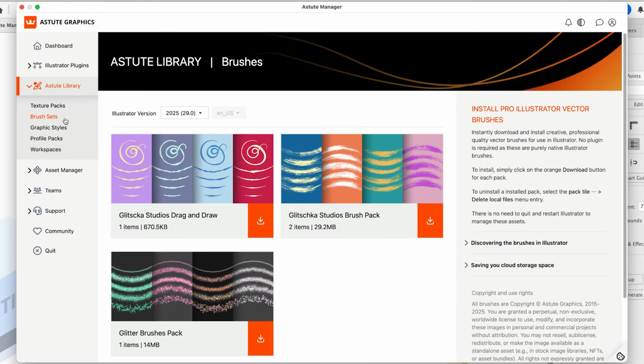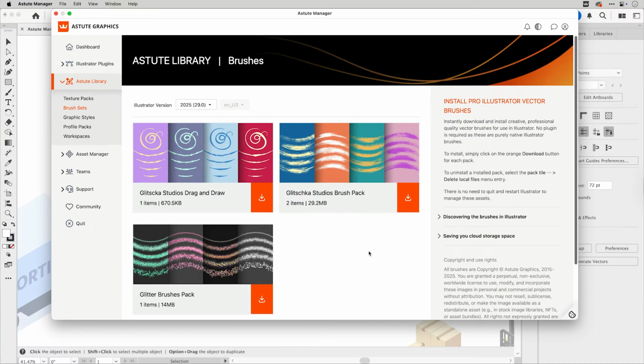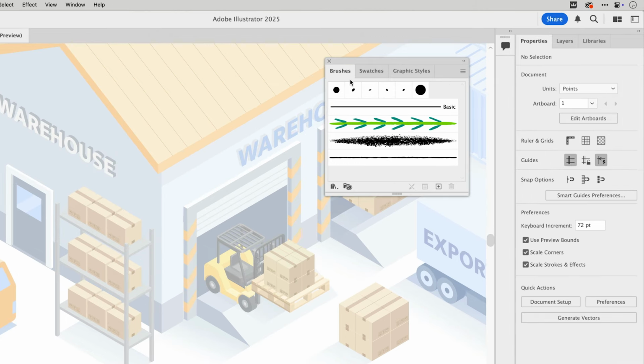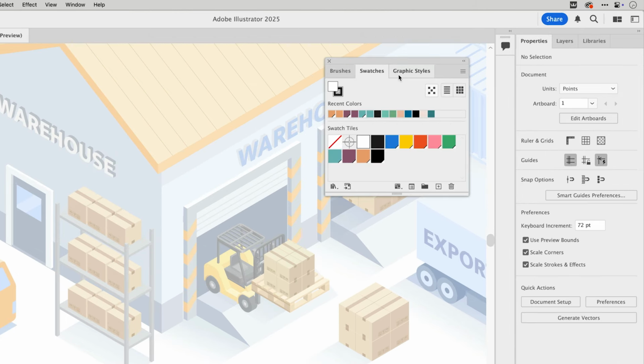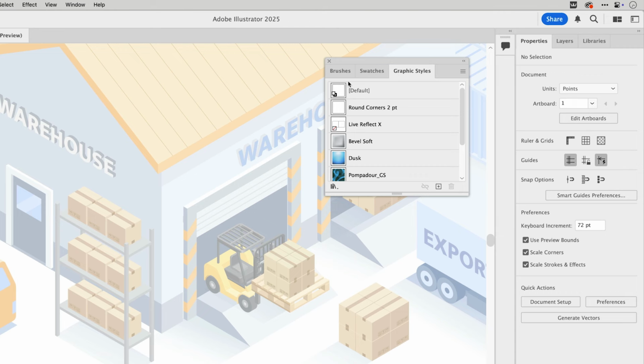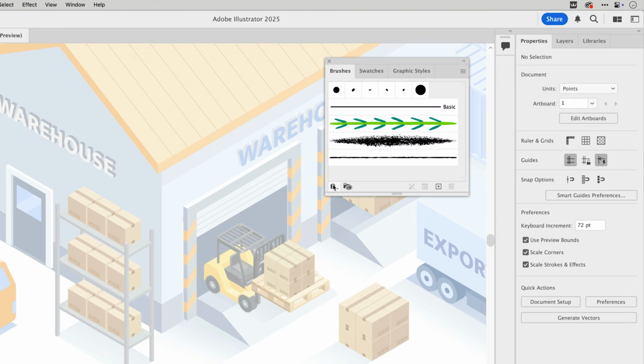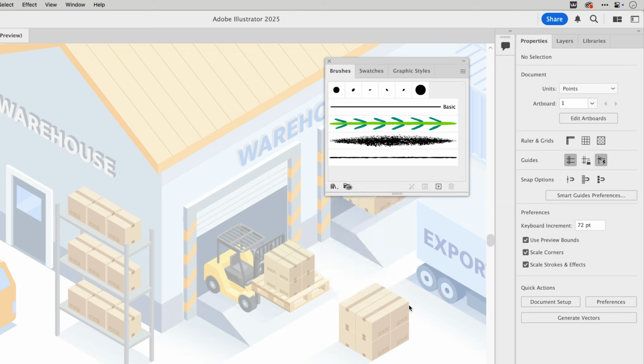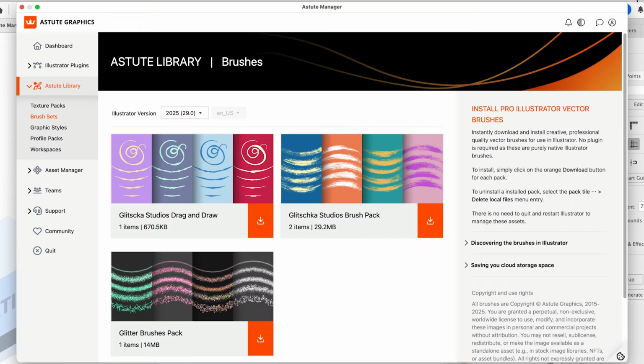Now let's go back to the brush sets, which anyone can install, and I'll show you how easy it is to add these to Illustrator. I happen to have Illustrator running right now, as you can see, and for certain creative assets like brushes, swatches, and graphic styles, you can install them while Illustrator is open. And if we look in My Brushes panel under User Defined, you can see I already have two of my own custom brush sets. Now back in Astute Manager, I want to add some of Von Glitchka's brushes to my